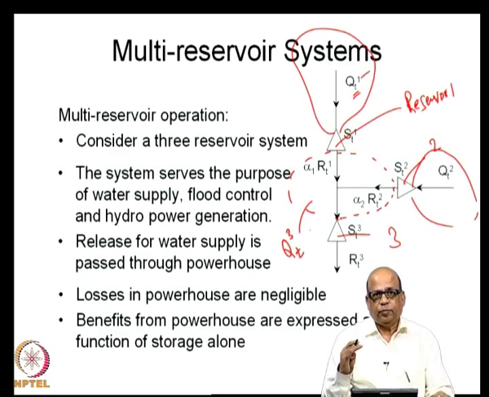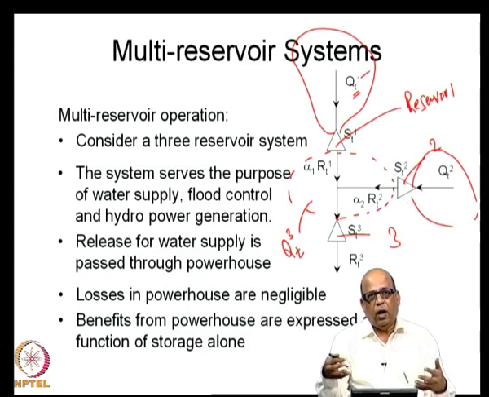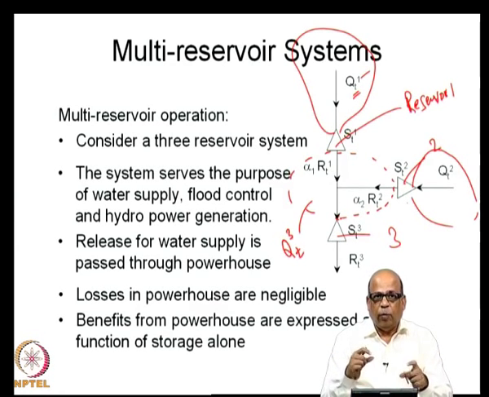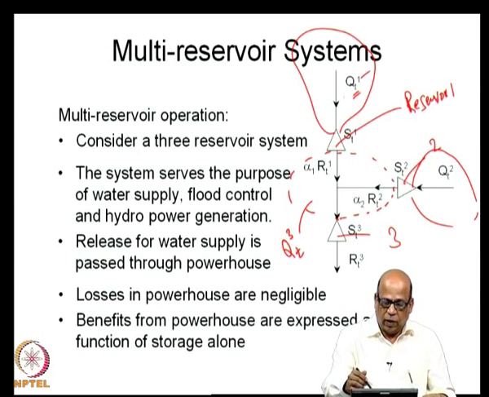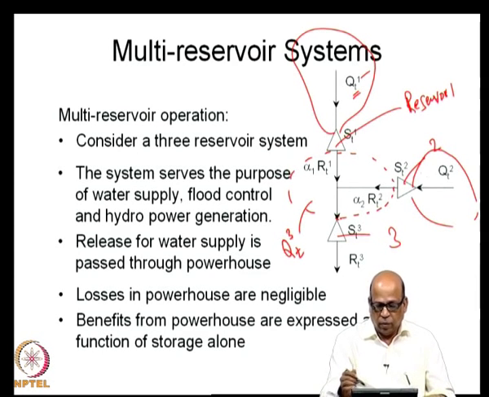So, we are looking at the simultaneous operation or the integrated operation of these 3 reservoirs. Reservoir 1 may have its own objectives, reservoir 2 has its own objectives, 3 has its own objectives, but because reservoir 1 and 2 here in this case are contributing to reservoir number 3, the objectives are all linked, because what you do at reservoir 1 will affect reservoir 3, what you do at reservoir 2 will affect reservoir 3, and therefore, you need to look at this system as an integrated unit.